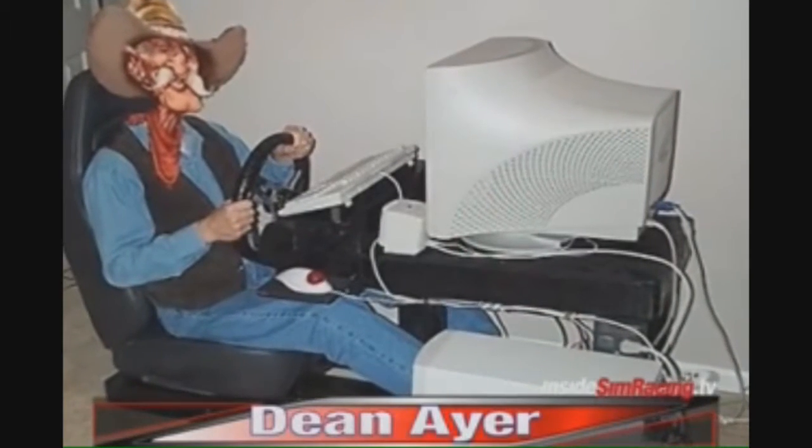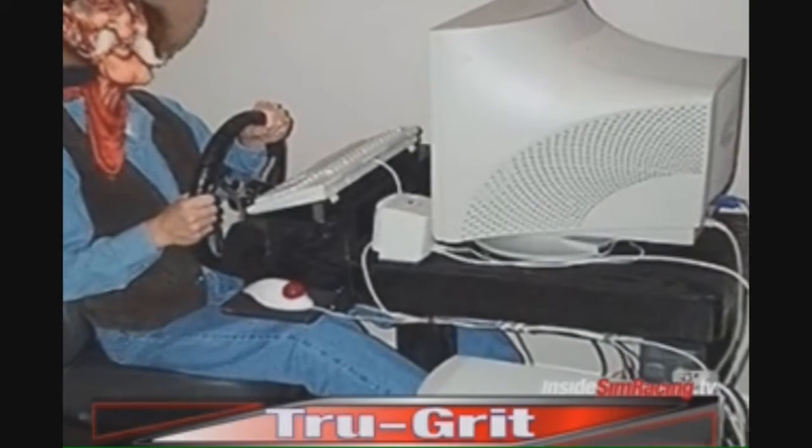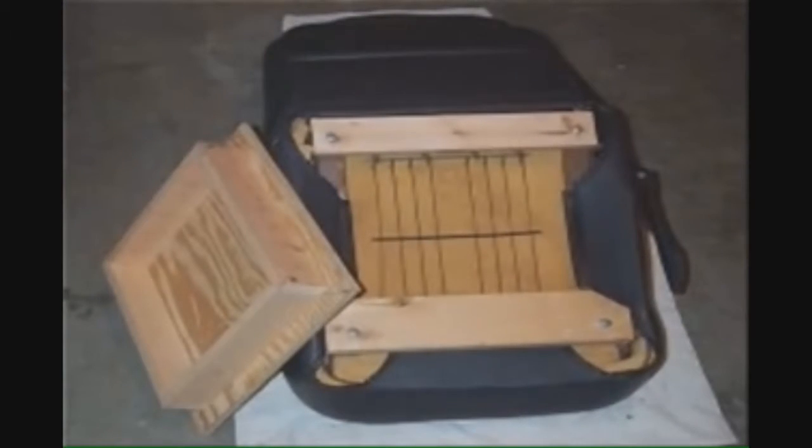Yeah, and that thousands of miles driven on that rig, and it was the original design by a guy named Dean Ayer, who used to go by True Grit, and a lot of us had fake names and handles, but you could find Dean on iRacing, as a matter of fact. I know he's out there, but Dean had built this sim rig, and we're going to show you some pictures as we're talking about it. Actually, let's start by going to his site. Go to